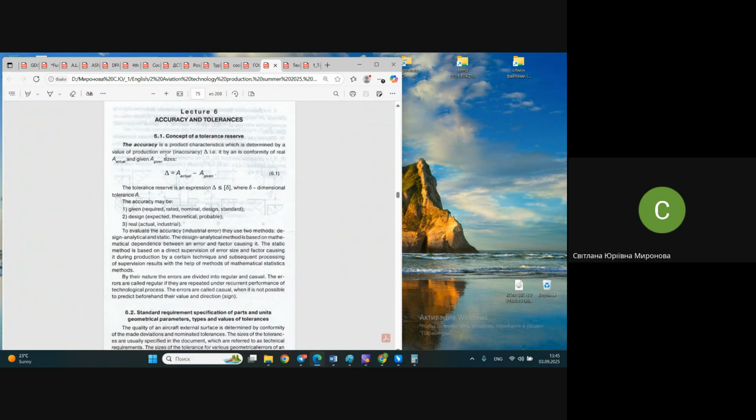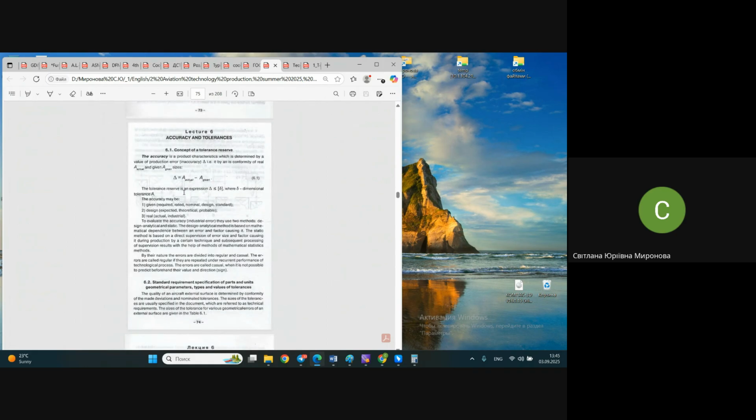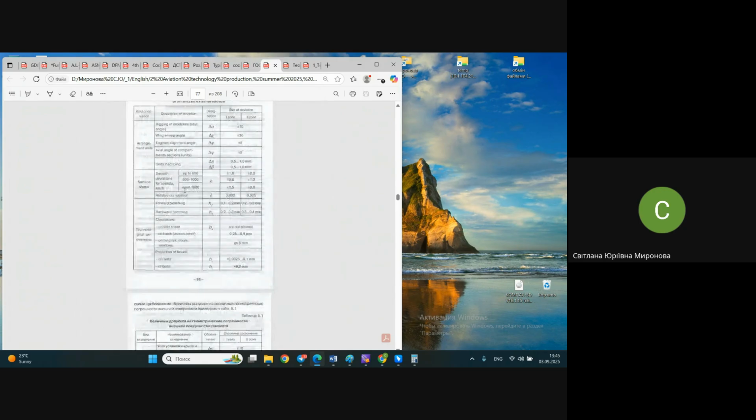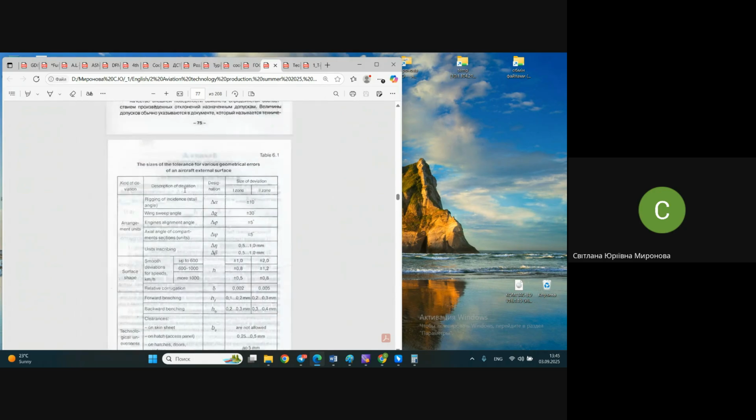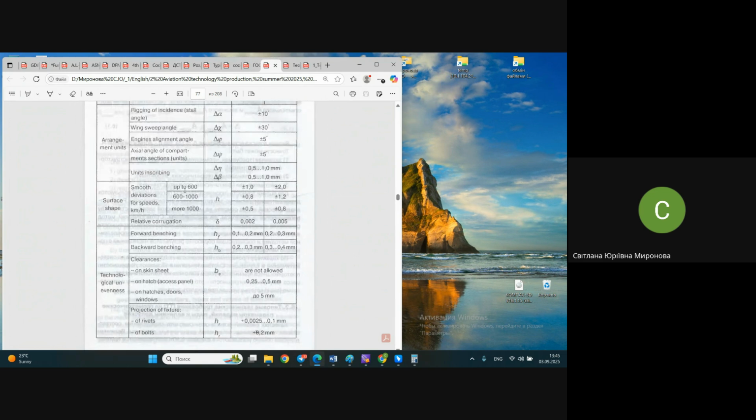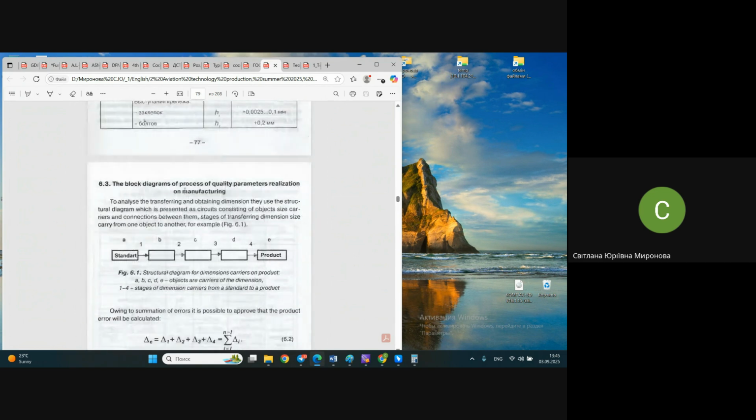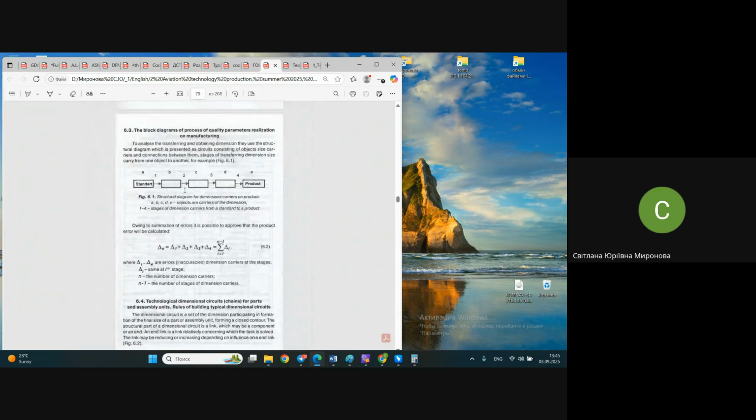Here other names may be used, not quite corresponding to what we have seen in American or European documentation. Whatsoever, you already understand what it is about. It's the accuracy of one object, the accuracy of a size. But now let me show you some pages in the book that refer to